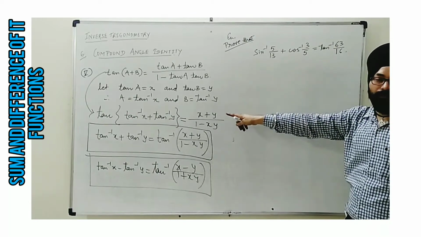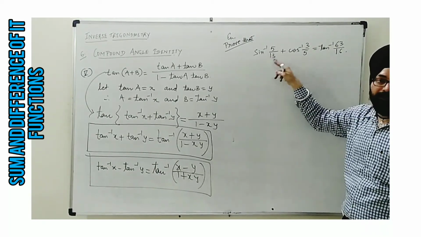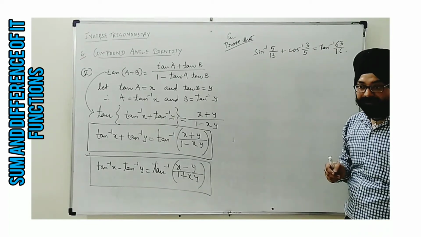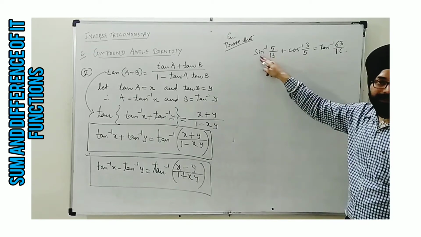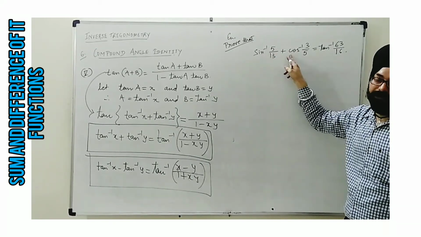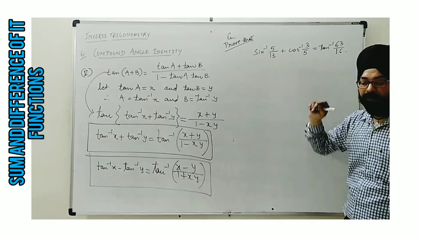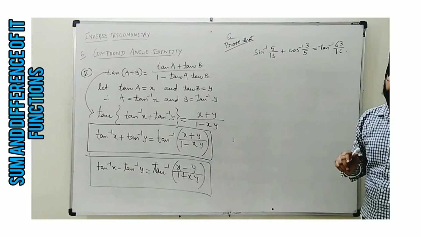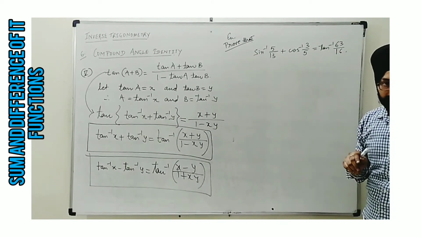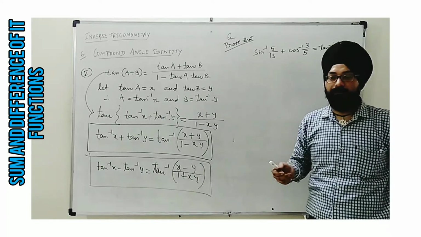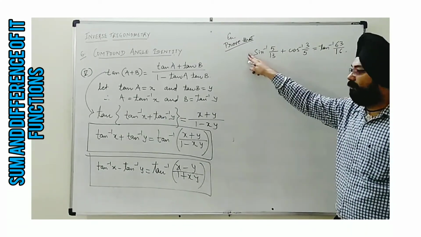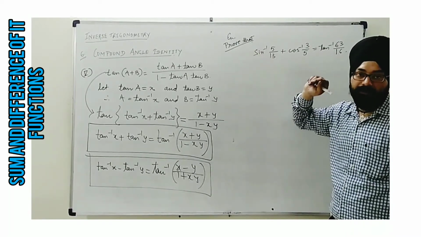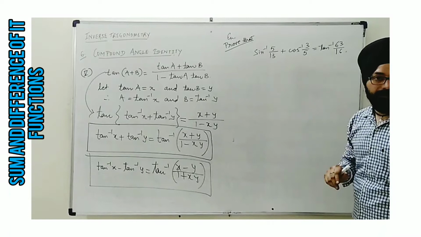We have seen identities of compound angle, but we have not seen such a form. That is, either both should be sin inverse or both should be cos inverse. Means we have to convert either sin inverse into cos inverse or cos inverse into sin inverse. But how to convert? If you remember, in earlier lectures I have taught you the use of Pythagoras theorem. So for sure, we will use Pythagoras theorem for this type of conversion, whenever we go from one inverse trigonometric function to another. And here there is no multiple. If any multiple is available, then the pattern will be different. So that's why here we can use Pythagoras theorem for conversion.